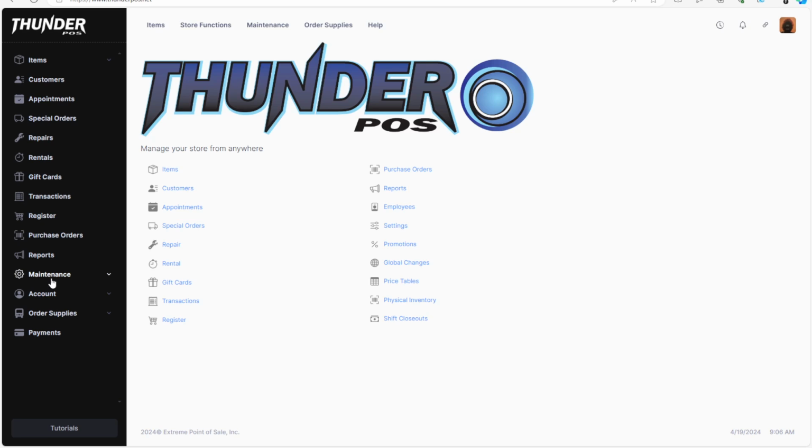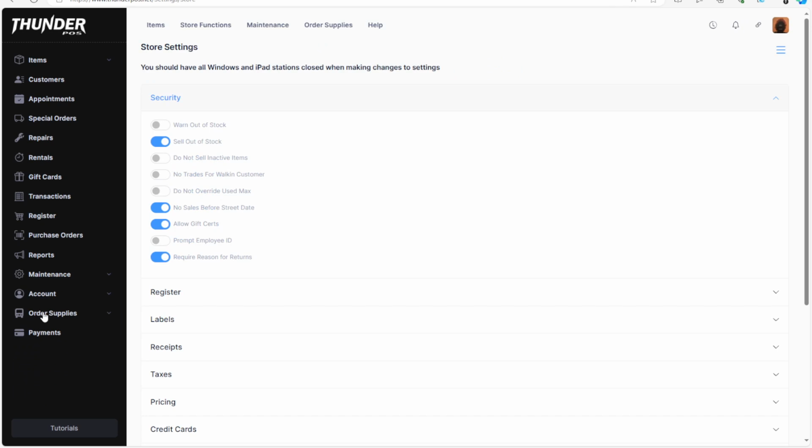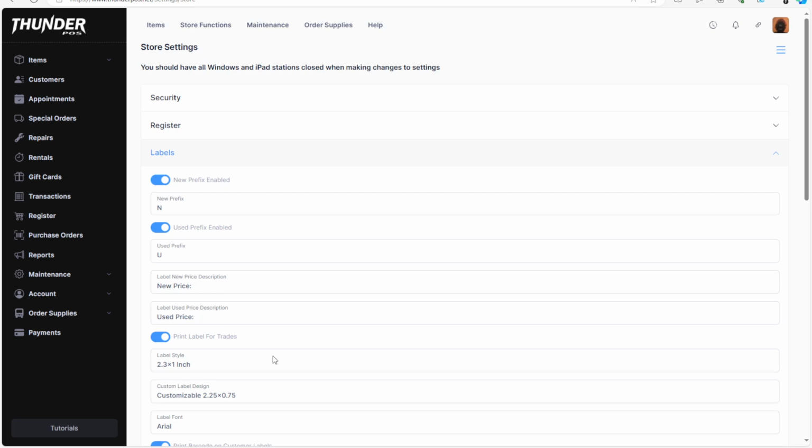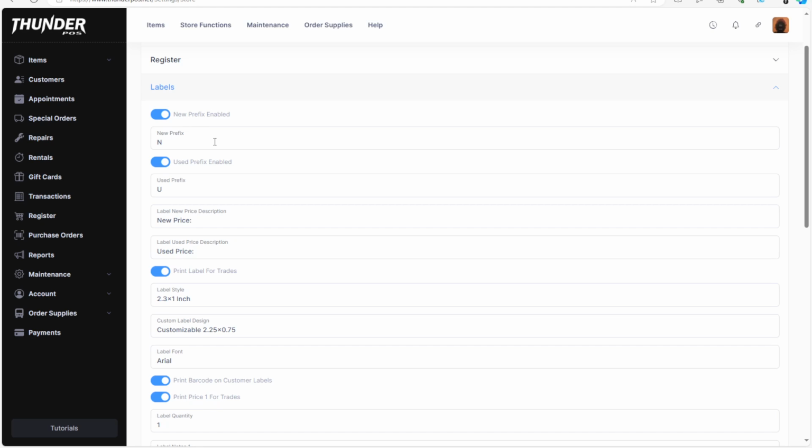So there's no setting where you have to select that label printer, but you do have to select the label design you want to use. You do that by going through maintenance and then settings, and then all of the relevant settings are under labels. So the prefix option for item labels will place a prefix in front of the label